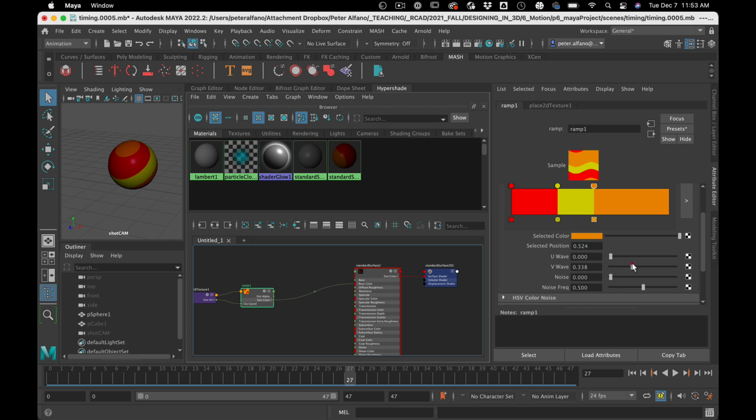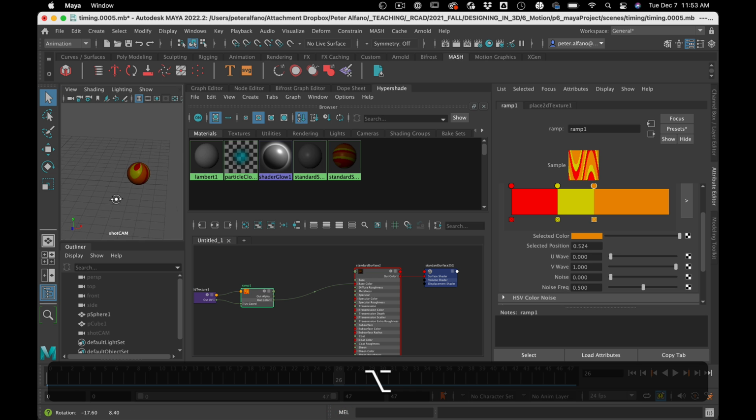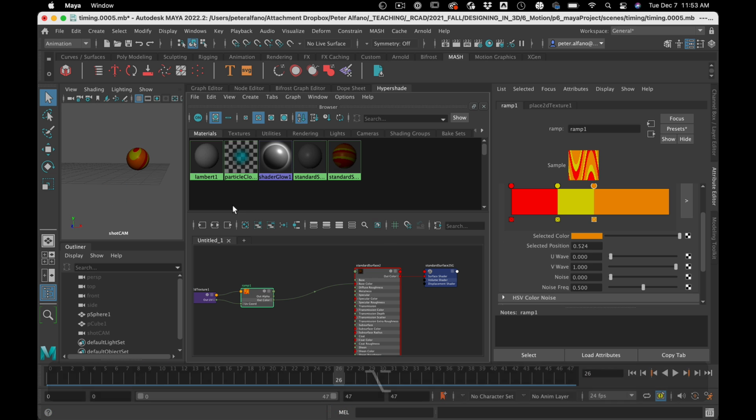Wave to it, get a little more interesting. All right, so we got our little bouncing ball, and I'm not crazy about the colors, but that's not what